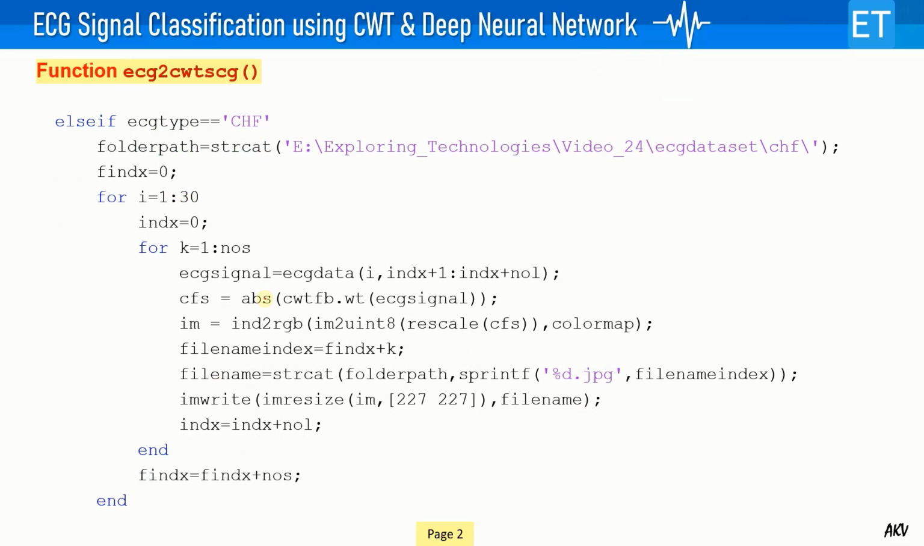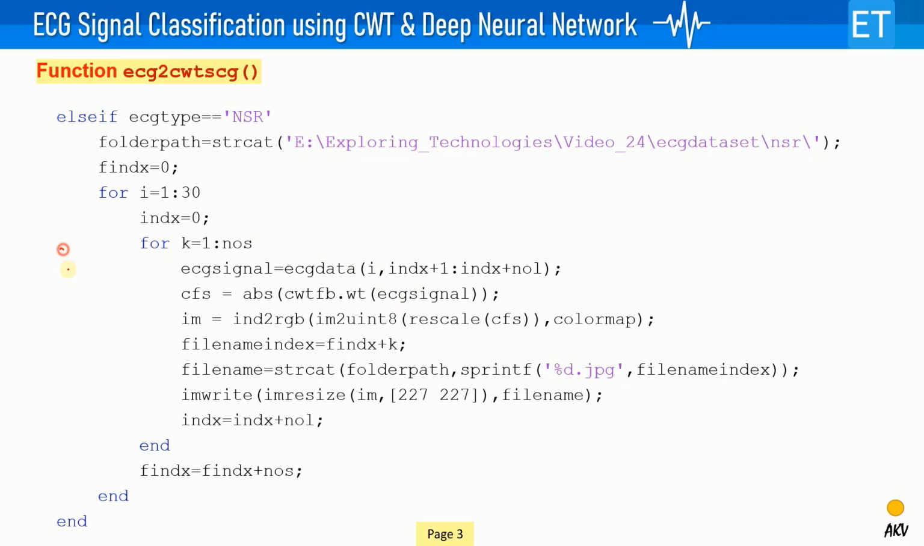And for the next type, ECG type CHF, the procedure is the same, so everything is the same. These signals will be stored in this CHF folder, and similarly for NSR, again the code is the same. Although it is a repetition of the code, you can write your own code to make another function inside a function. So let me jump to MATLAB